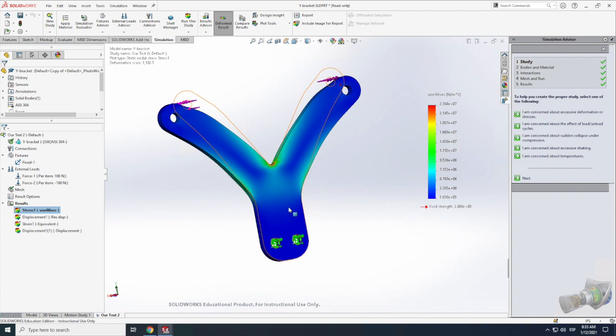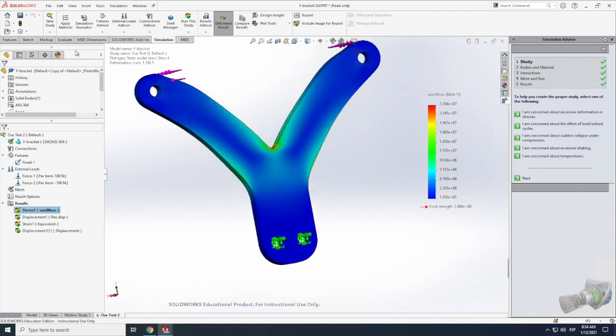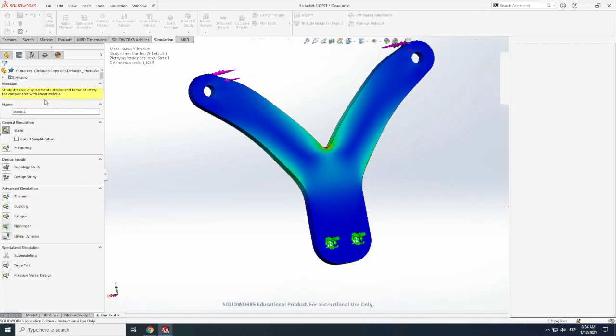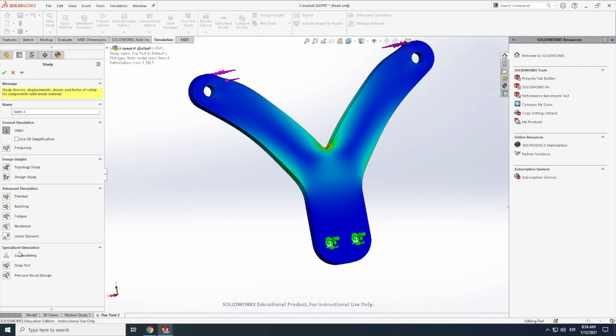So in order to do that, we want to do a topology optimization. How do we do a topology optimization? It's very easy. We can click in here in New Study, and click Topology. Where is our friend Topology? Over there. We have to redo everything again, so we need to establish all of these boundary conditions again,